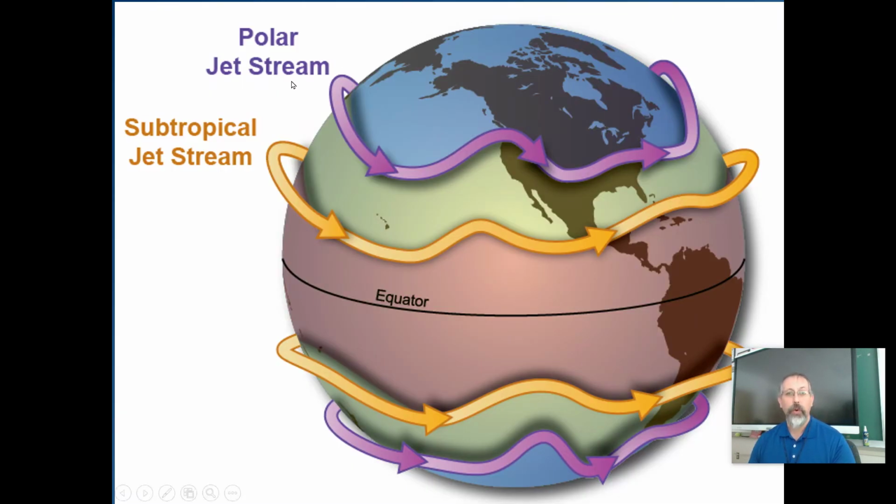So typically you have a polar jet stream, which, again, this time of year sort of cuts the country in half, lets the cold air down and keeps the warm air away from New York. You have the subtropical jet stream, and the same in the southern hemisphere. How that jet stream moves controls where the warm-cold line is. If the jet stream moves up, it lets warm air come up over the continental United States. If the jet stream stays low, it allows the cold air to come down. Now, normally with the seasons, we do get a shift. In summertime, the jet stream hangs out over central Canada and lets the warm air come up. In wintertime, it's more across the central US. That's typically what happens to control our climate.